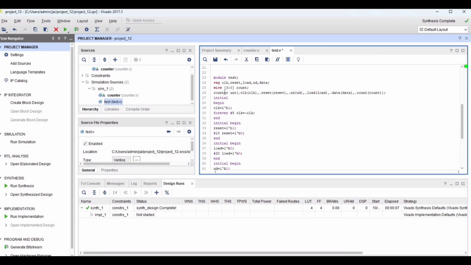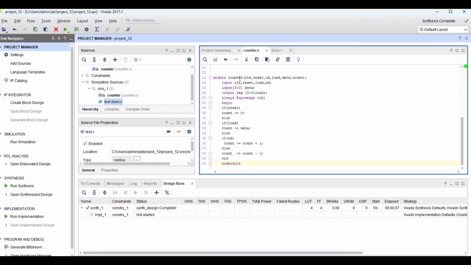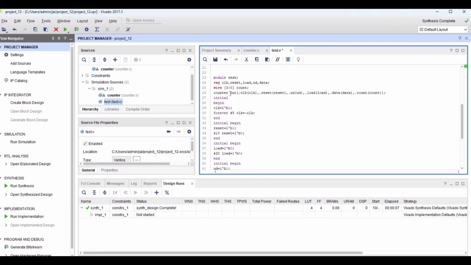So you have to call that program. The counter is the name that I have given. You can check it out. This is the counter program, so you call that program, give the name. So this clock, reset, UD, load, data and count represent